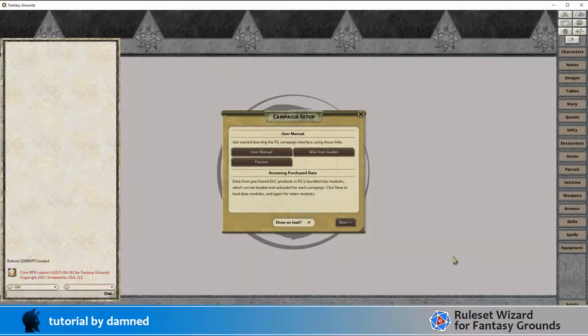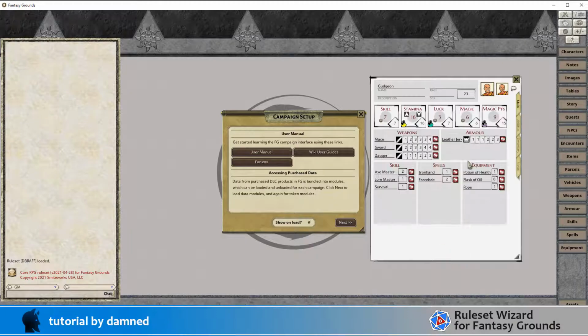Okay, just reloading the table, firing up my character sheet. So we have 1 potion of health. Let's drop our stamina down to 7. Okay, so we can see current stamina is 7, max stamina is 16. If I double click on our potion here,